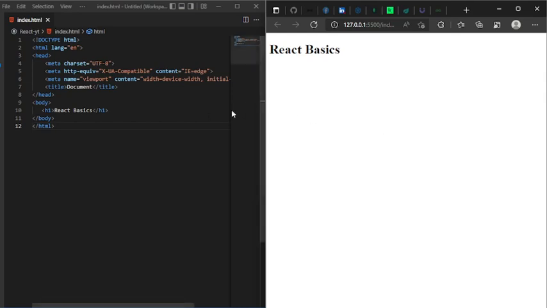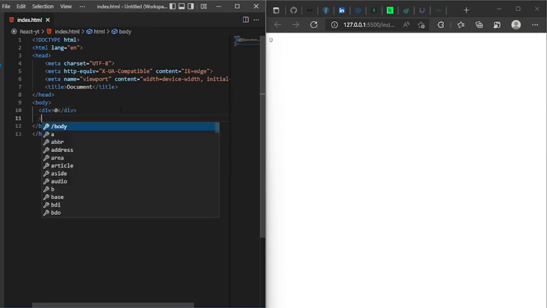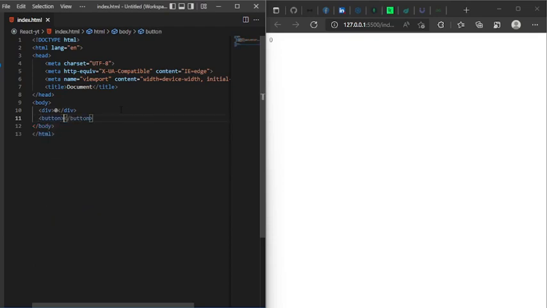So let's start out. I'll build a simple counter app to demonstrate how we can do this in vanilla JavaScript and also do the same thing in React. First of all, let me create a div here, put a value in there, 0, and a button here and call it maybe count